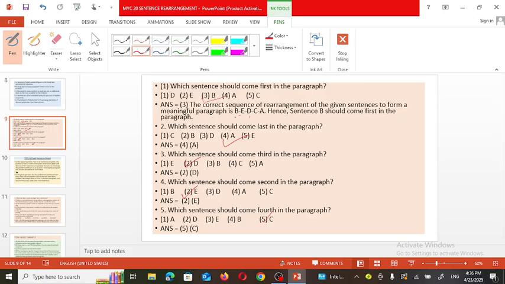So in this way you are able to observe that A, B, C, D, these options will not be given in the same line while asking the question. It can be jumbled. So first you have to make clear how the sequence should be there in these sentences or statements, so that a meaningful paragraph can be formed.